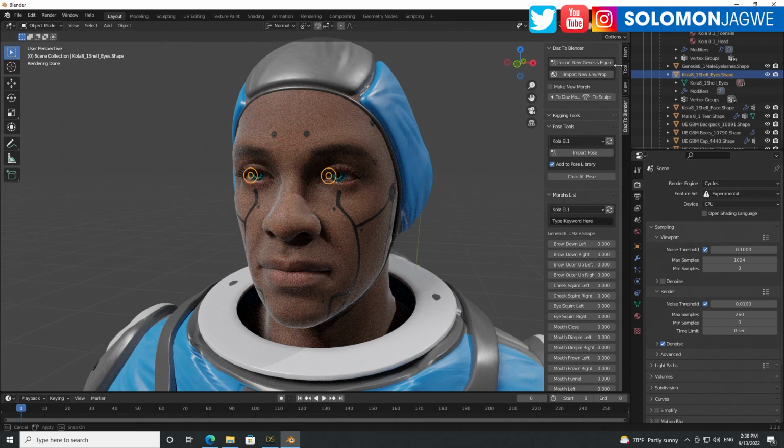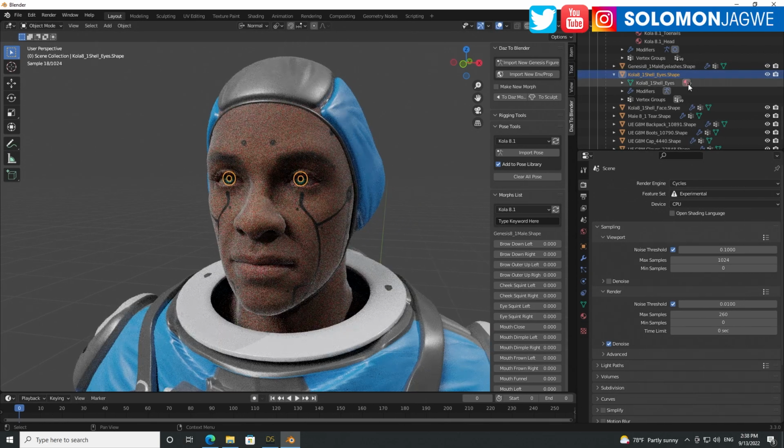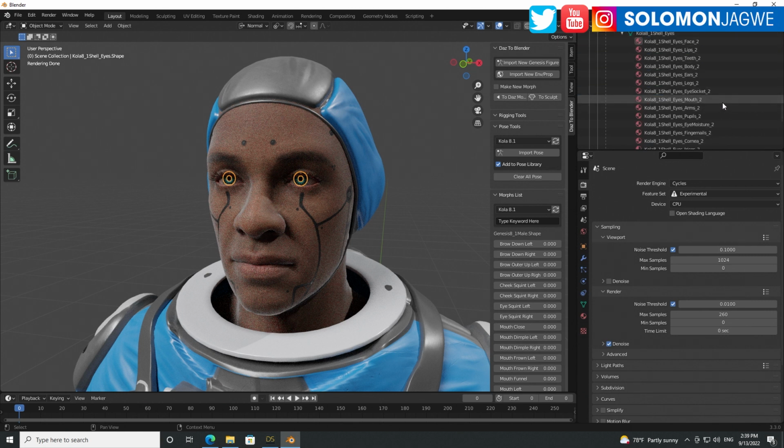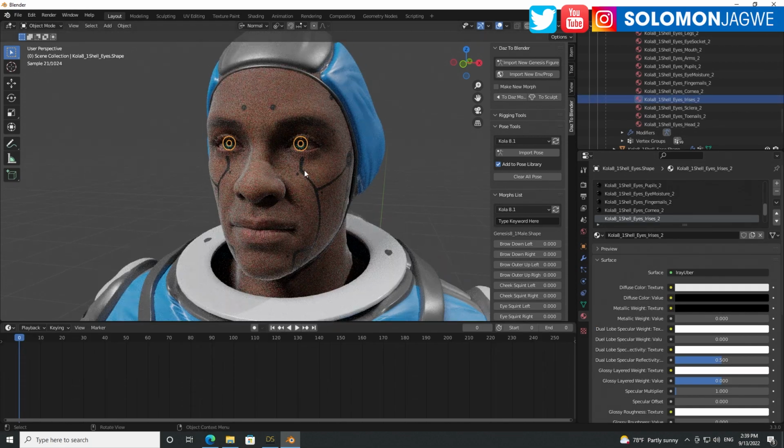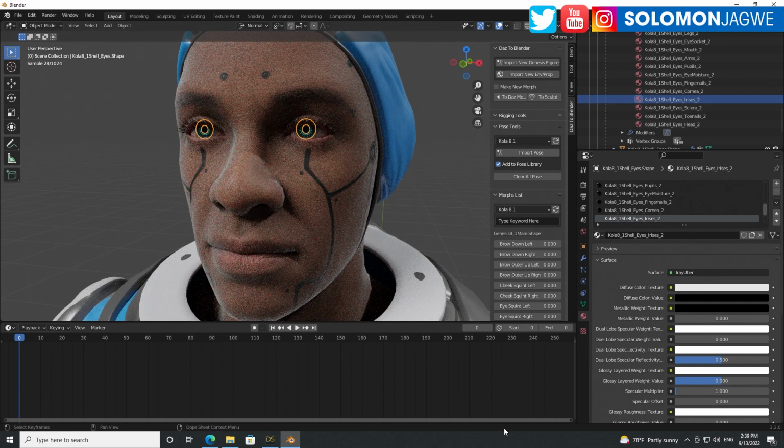And if I scale this a little bit, you can see there are 17 textures or shaders in there. If you expand that down, we're going to look for the iris. And that's going to be, where's the iris? Over here. So double click on that. And let's zoom in. So that's the iris. By default, it's going to be an Iray Uber shader, but that's not what we want.